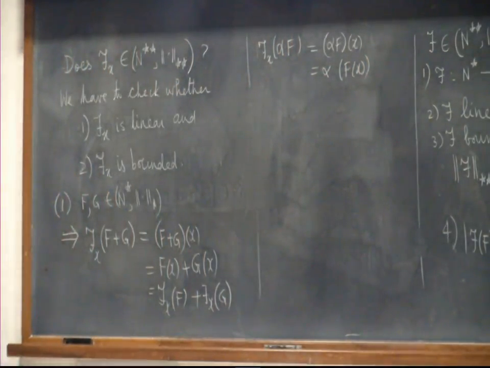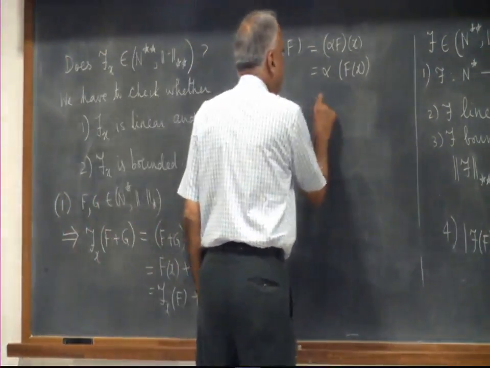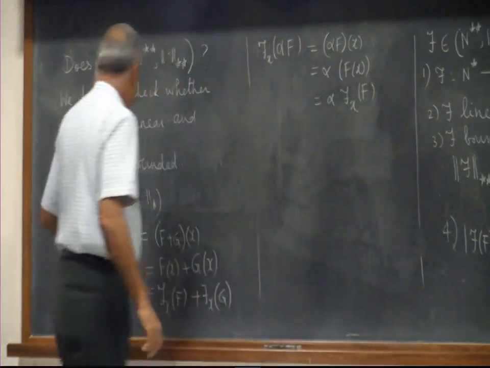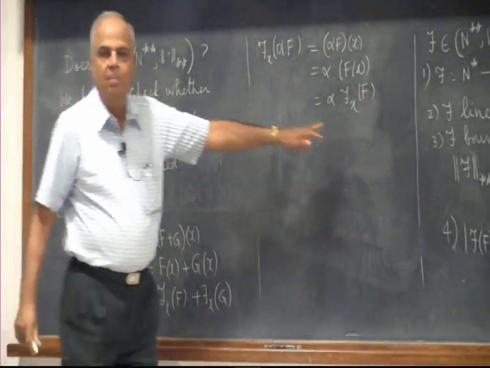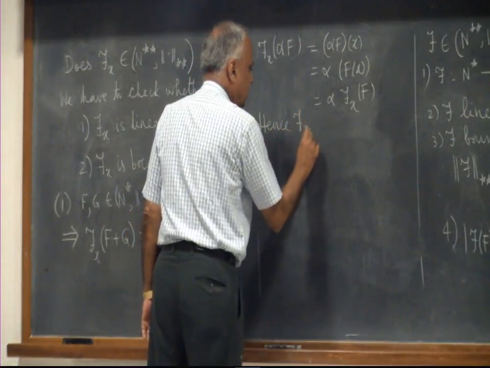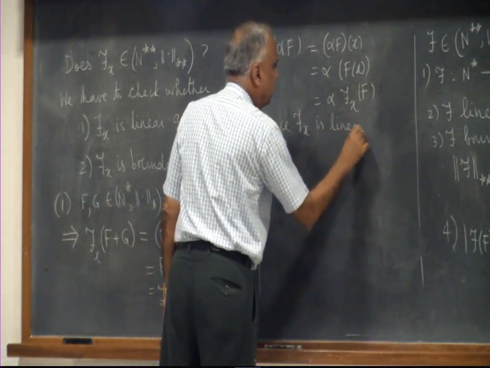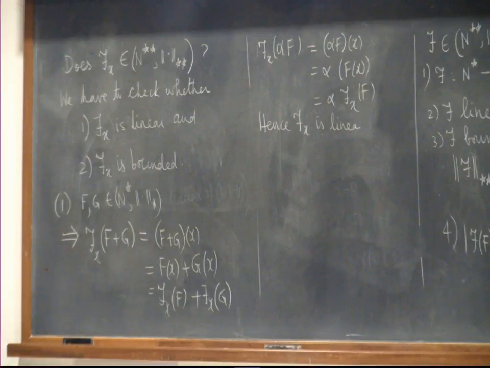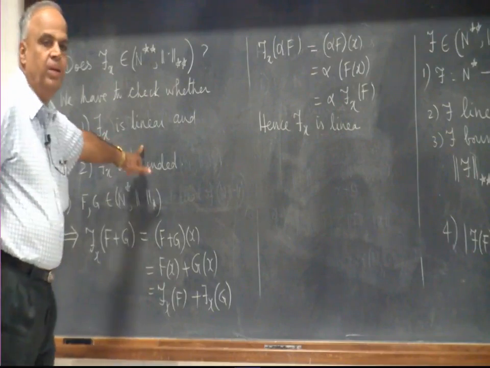Okay. If you want to evaluate the function 3 times g at a point x, evaluate g at x and then multiply by 3. That is what is meant by 3 times g. But again, by definition, that is alpha F_x of f. So it preserves addition, it preserves scalar multiplication, hence F_x is linear. Of course, I should say this is true for every f, for every g, for every alpha, and so on and so forth. Whatever f and g we take, whatever alpha we take, this is going to work. So it preserves superpositions and hence F_x is linear.